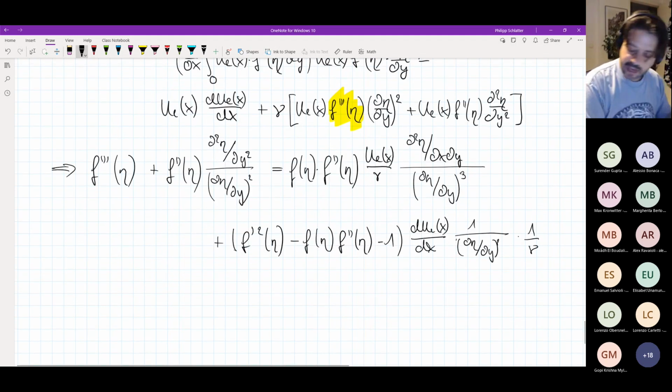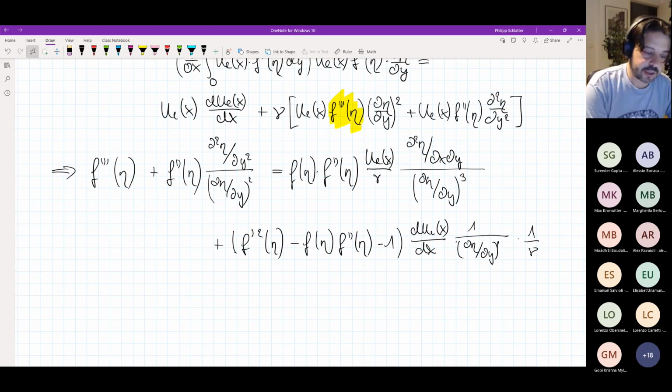Now, the interesting aspect, and I guess where the crucial bit comes, is that we have not yet defined what the eta really is. We don't know what the eta is as a function of x and y. This is something that we need to see later on. But what we have seen here is that if we would reach a self-similar solution, then this equation, the one that I wrote now in terms of f triple prime, f double prime, and f prime, actually needs to be in such a way